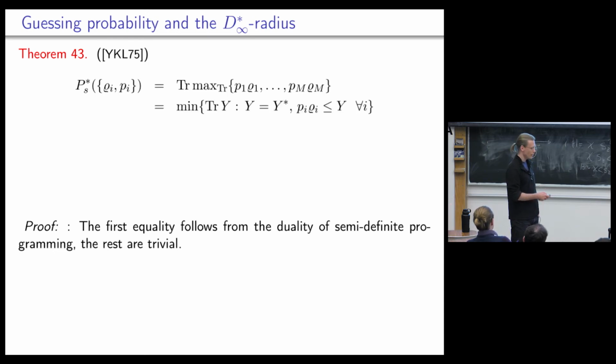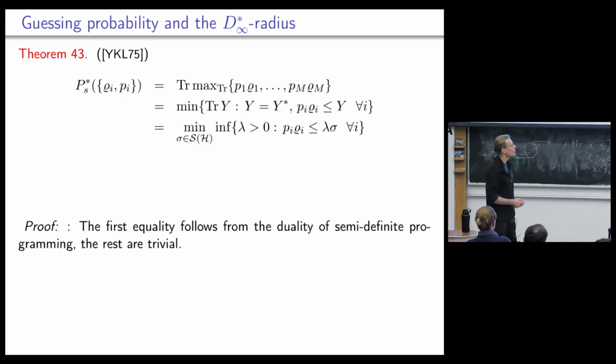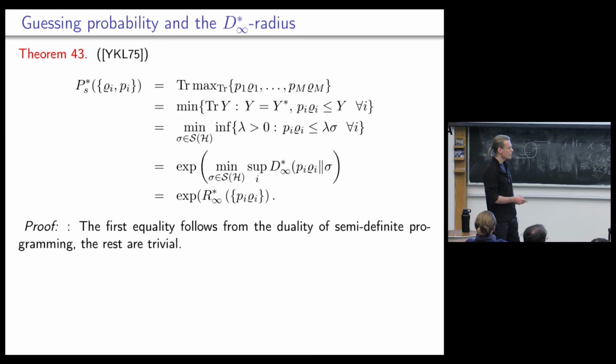Now you can write this in a different way. I mean, this is just the definition of this trace maximum. And here you have positive semi-definite operators. You can normalize them to be states and take their trace separately. And then you get a double optimization over states and positive numbers. And this condition becomes of this form, which is nothing else but the exponent of the minimum over all states, the supremum over I, this expression, which, as you can recognize immediately, is this d-infinity star radius of this set